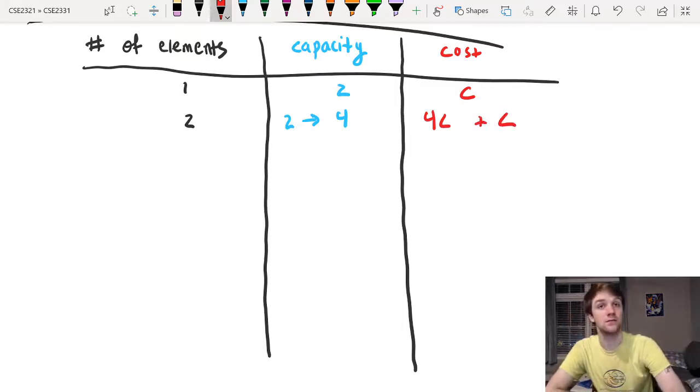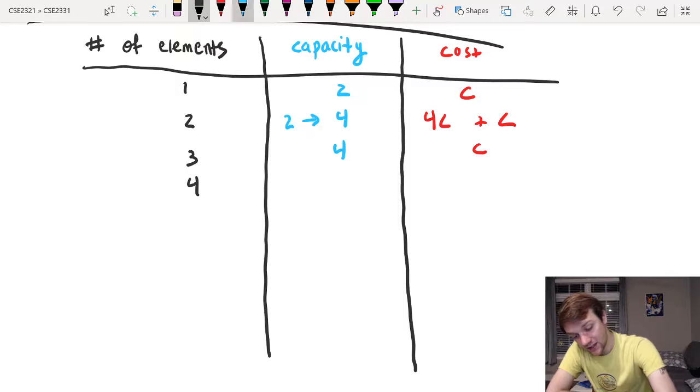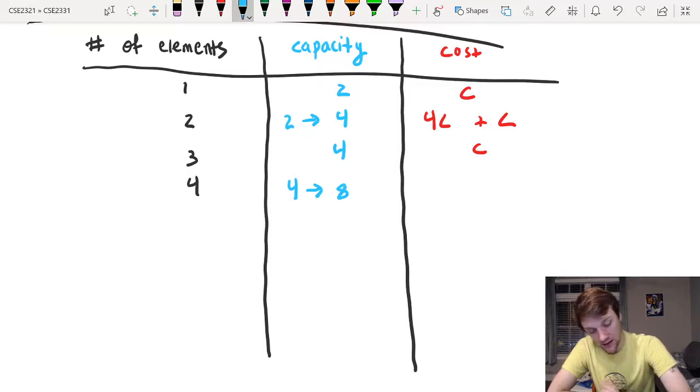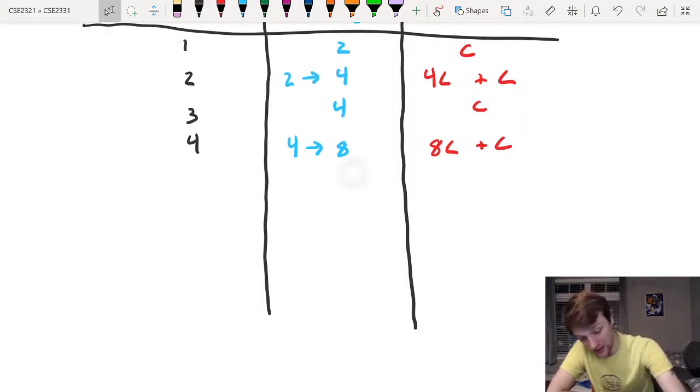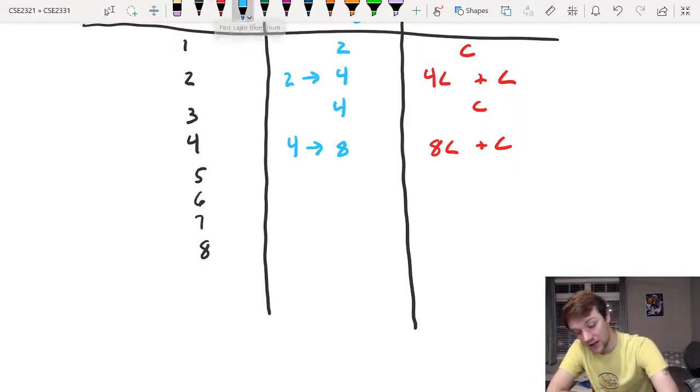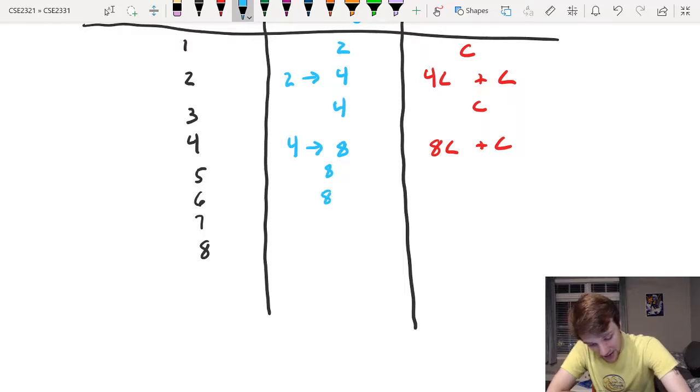And then we would have a third element, and our capacity would be 4 still. That's going to be constant. We then have a fourth element, and we need to increase the capacity from 4 to 8, which would cost 8c plus c. And now we actually start to reap the rewards of this strategy. For 5, 6, 7, and 8, this would have capacity 8, 8, 8, and then 8 to 16. The costs here would be constant, constant, constant,